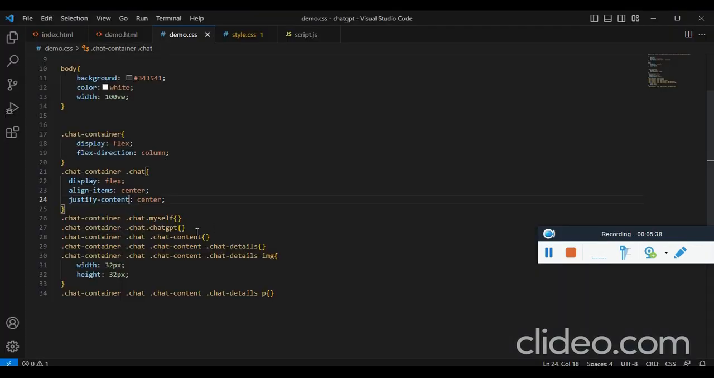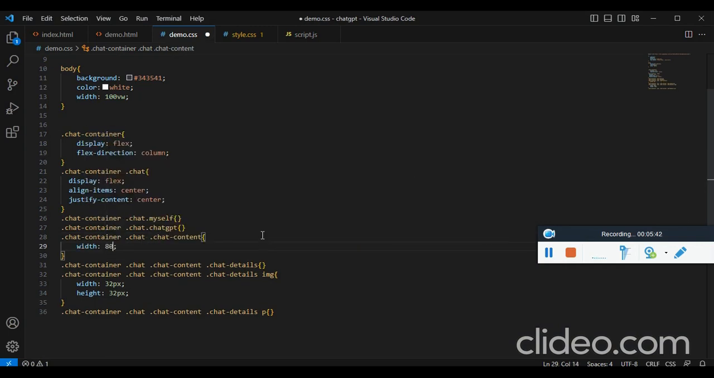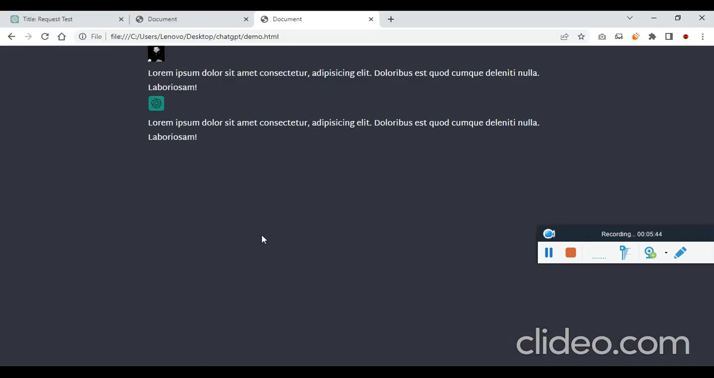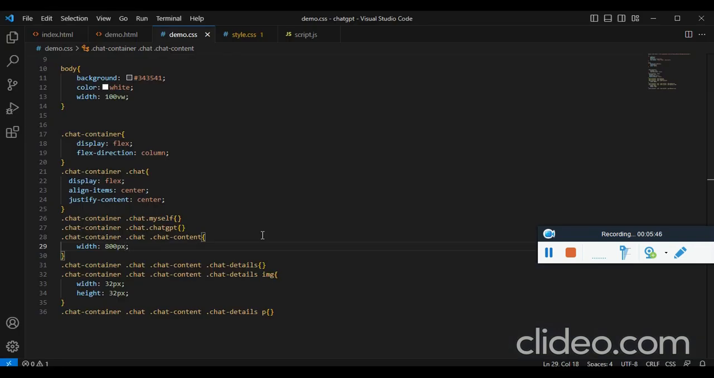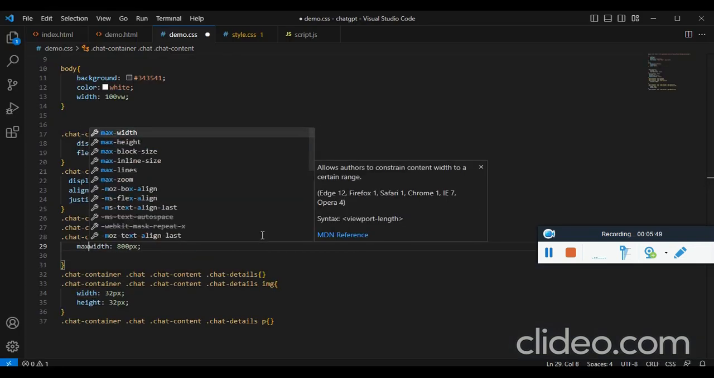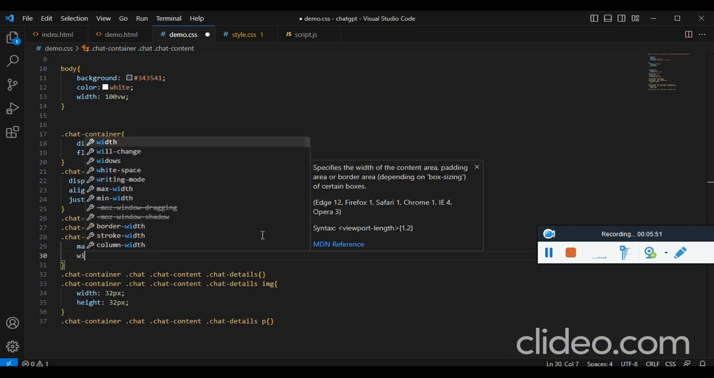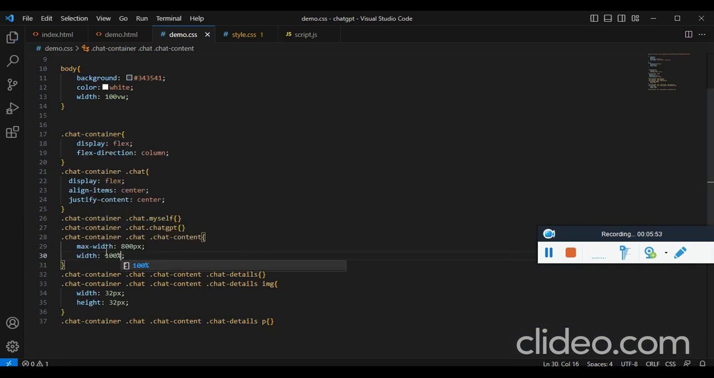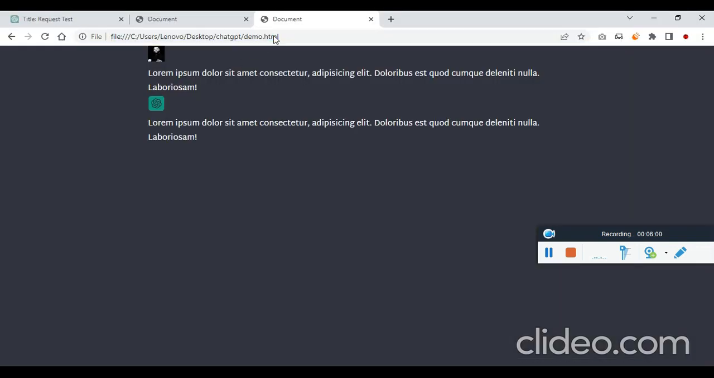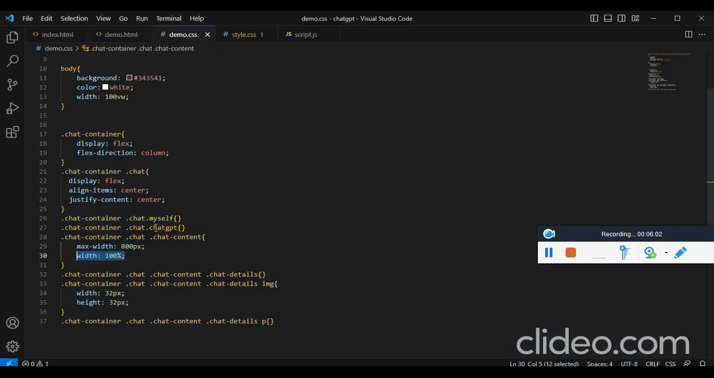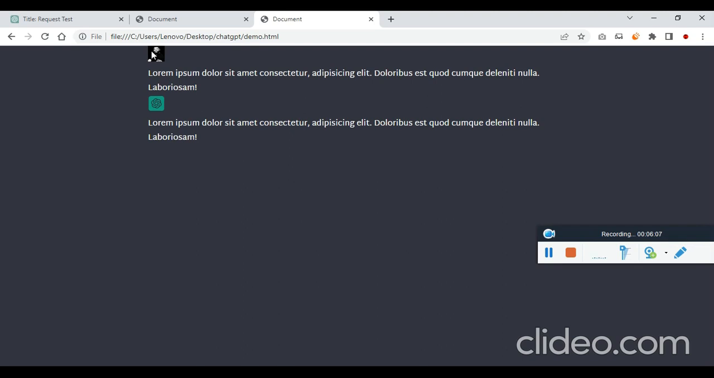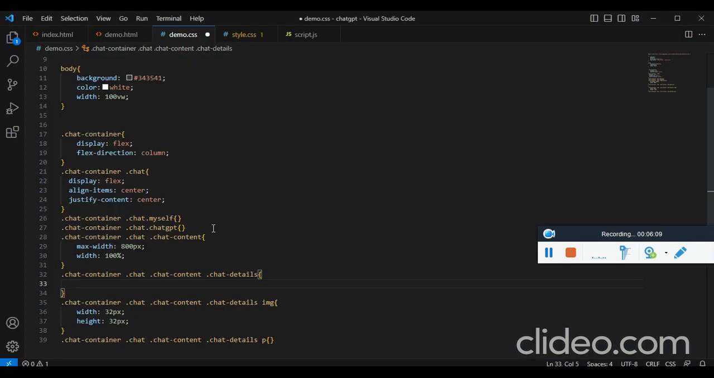So we got it. Now for the chat content, let's add width of 800 pixel, and this is going to be max width, and simply the width is going to be 100%. If there are two elements, this one will be taken, and if it doesn't work, then this one will be taken. That's the reason for giving two. Now inside the chat content, inside the chat details, we want the image and the text to be side by side. So display